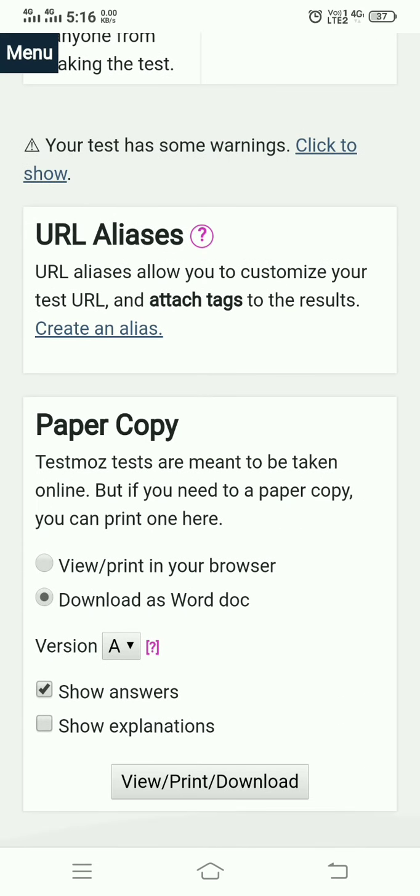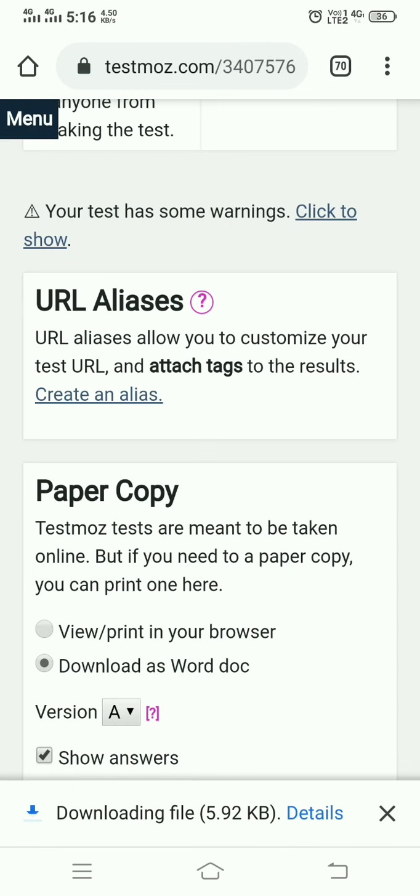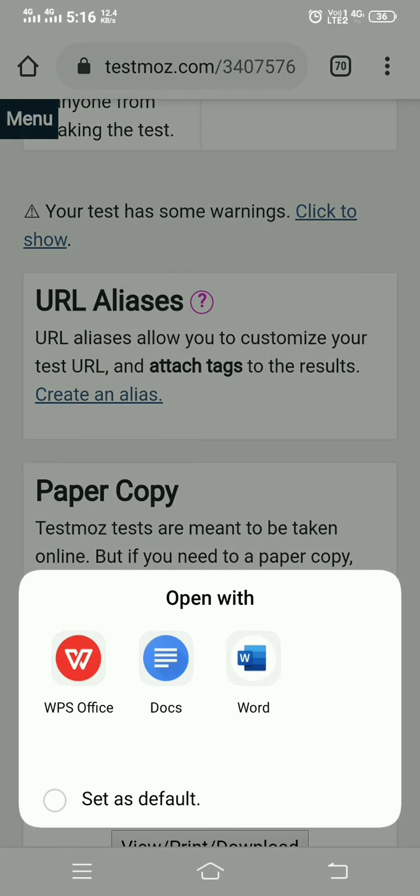Then here again you can download a copy of the paper as a Word document. So I just download the particular document in Word format.